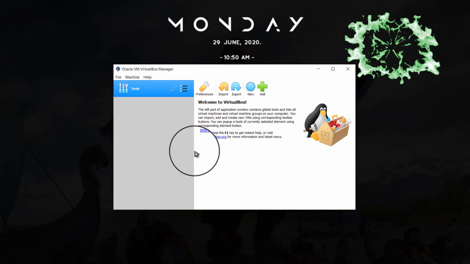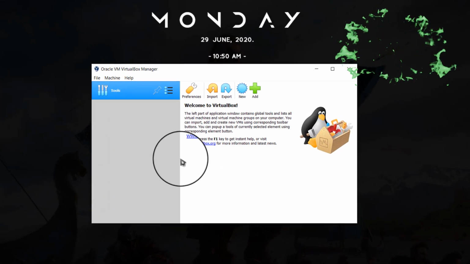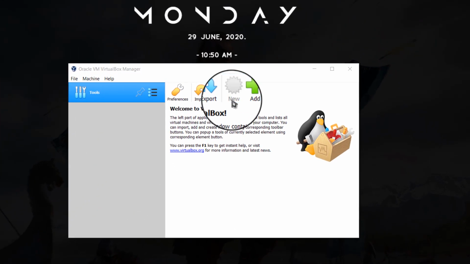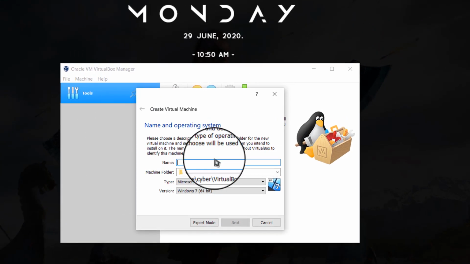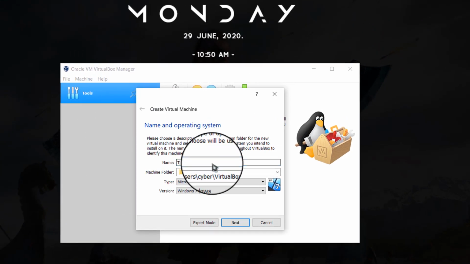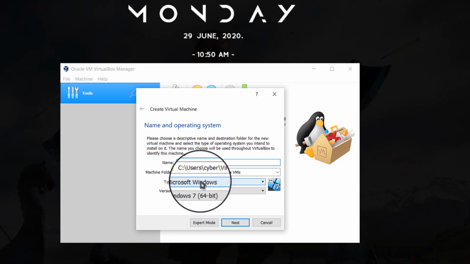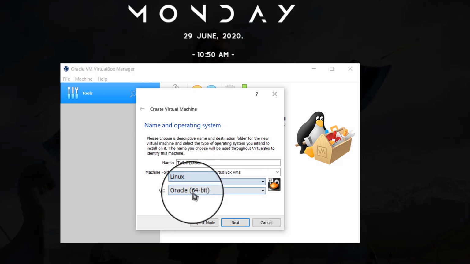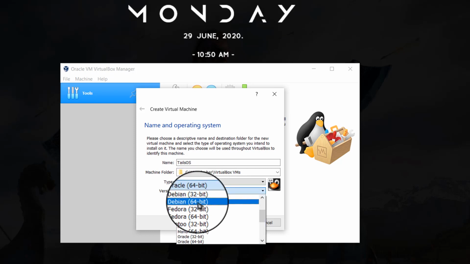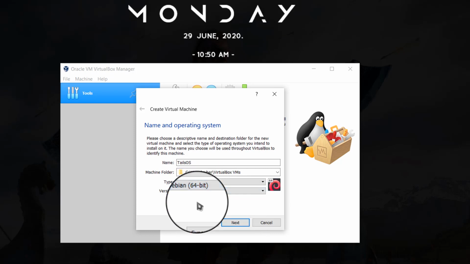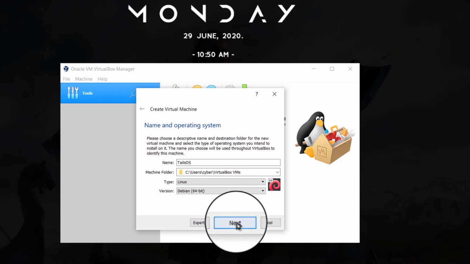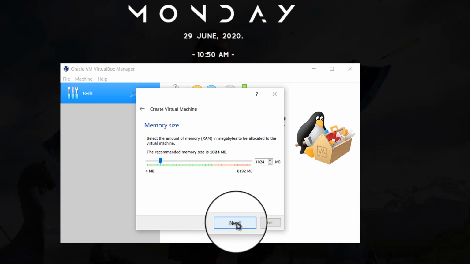Okay, once you have your VirtualBox open, the first thing that you need to do is to click on new, and from here you are going to write like Tails OS. Well, you can give any name, but from here you have to choose Linux, and here you have to choose Debian. My system is 64-bit, so I will be choosing 64-bit, and then you can just click next,